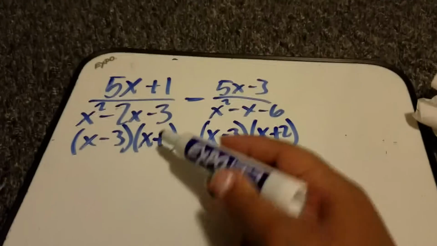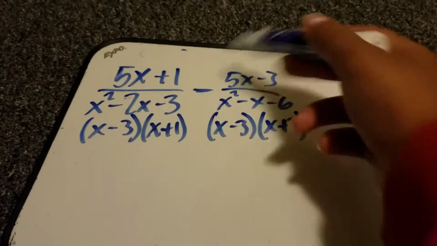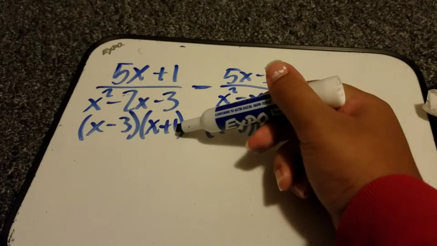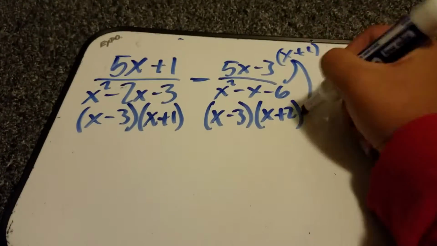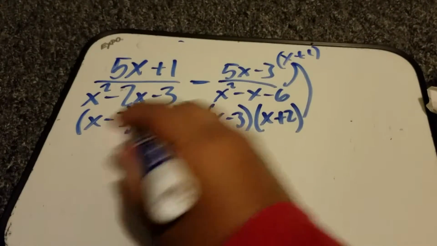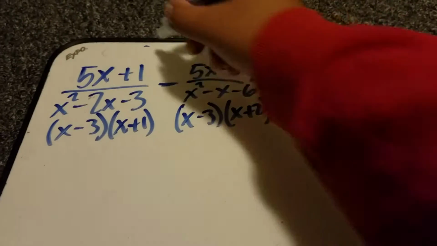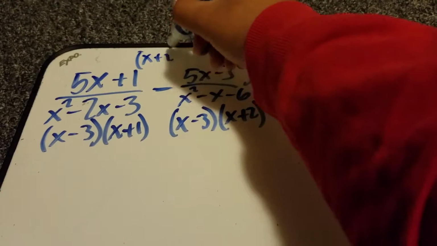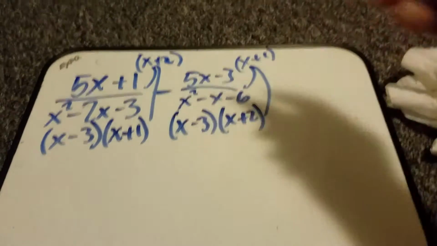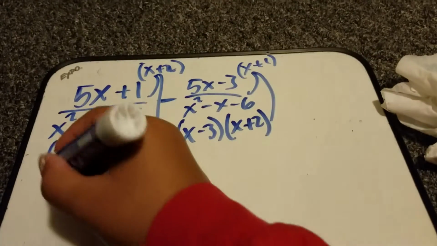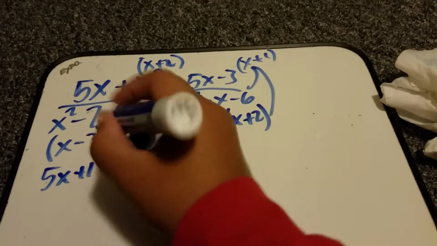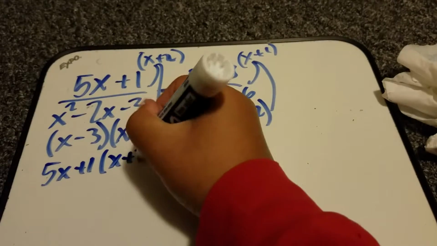So you see, this fraction does not have an x plus 1, so we would have to multiply x plus 1 to each of them. And this fraction does not have an x plus 2, so we would have to multiply x plus 2 to each one. So that would be